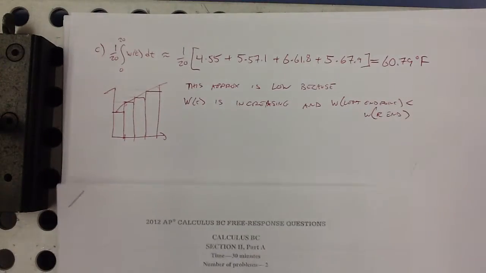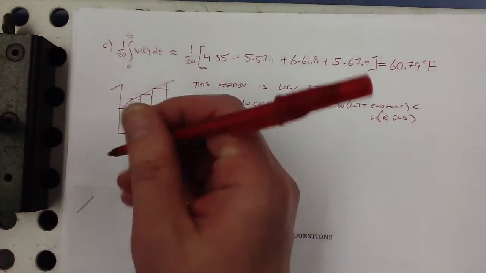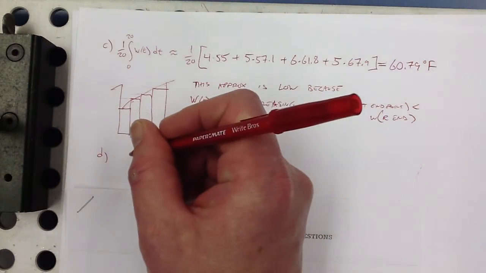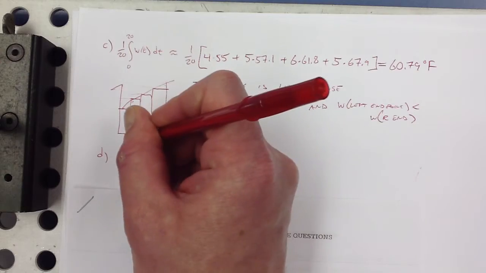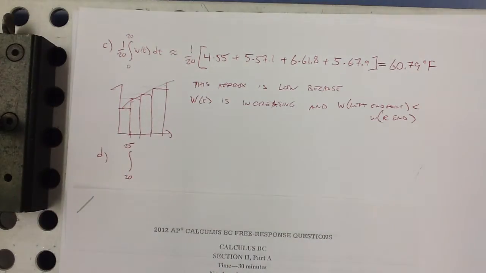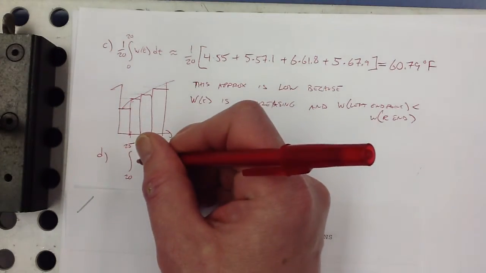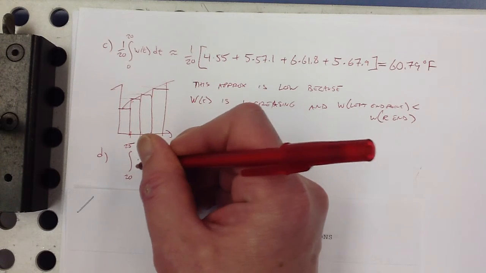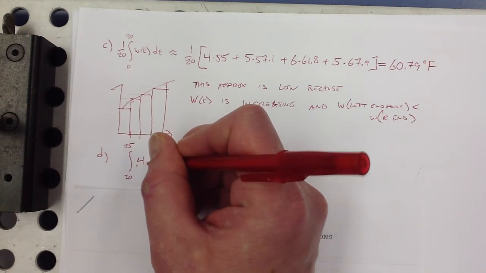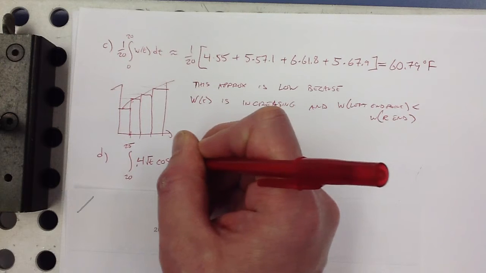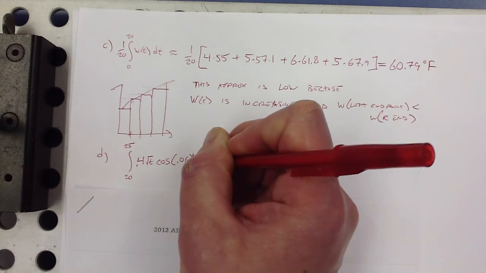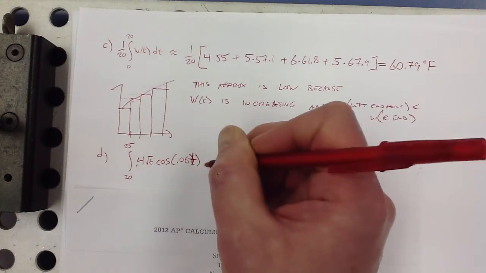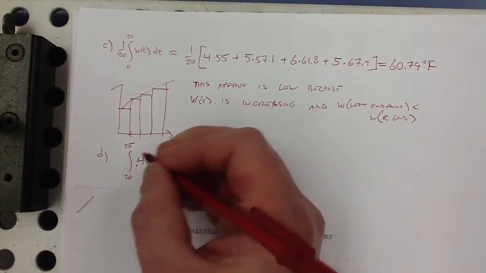Well, I know that if I take the integral from 20 to 25 of this rate that they gave me, which is 0.4 square root of t cosine of 0.06 t dt,